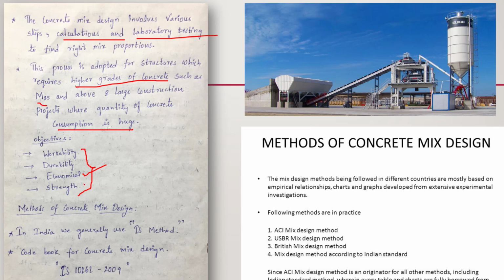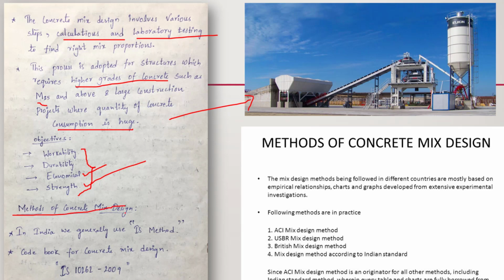With these proportions we got from the concrete mix design, we send them to the RMC plant, and at the RMC plant these are mixed accordingly and sent to the site for construction. So this is also somewhat easy, but these calculations are done in the laboratory. Engineers have to do these calculations. That's it.